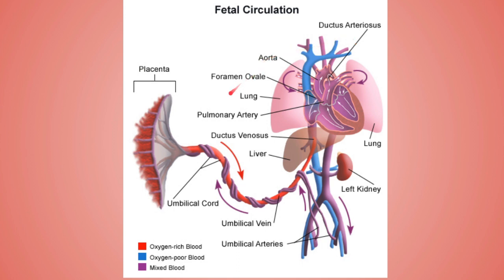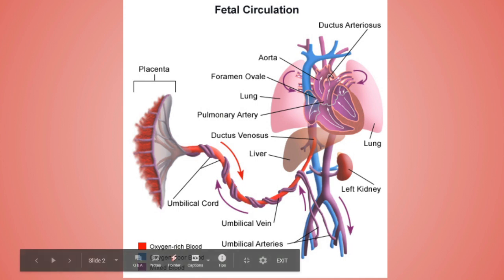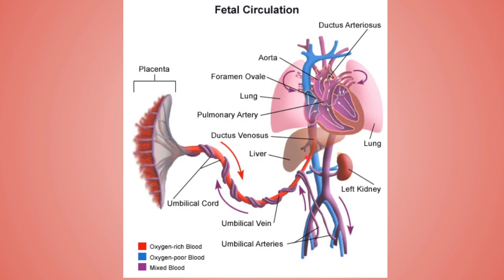Now whatever amount of pure blood, or we can say oxygen rich blood, coming from the mother side of the placenta will actually enter into the umbilical vein. Now this is the umbilical vein. It will go ahead. Now what will happen? This will actually enter into the liver. Now in the liver, you may know we have the portal vein. And the portal vein has two branches. We all know, that is the right and the left branch of the portal vein, right? So what happens, this umbilical vein actually gets connected with the left branch of the portal vein. Remember, with the left branch of the portal vein of the liver, right?